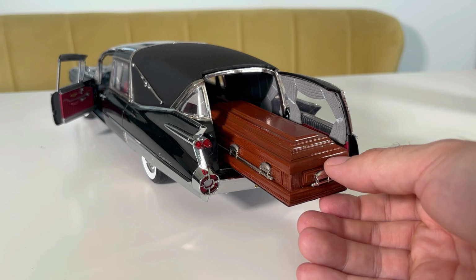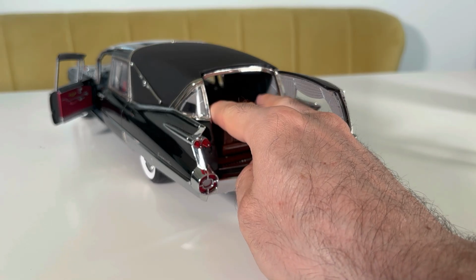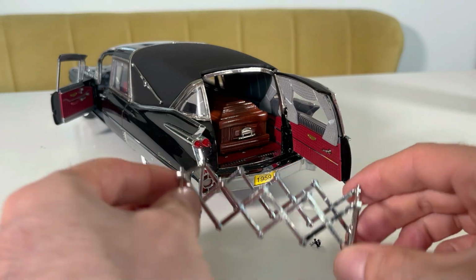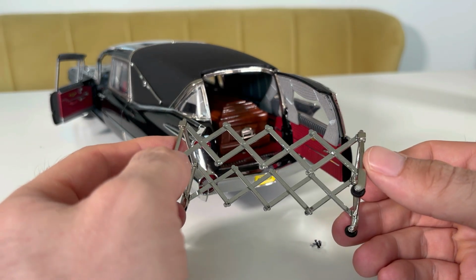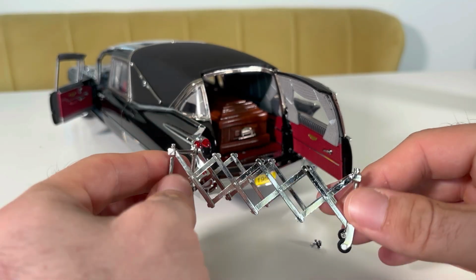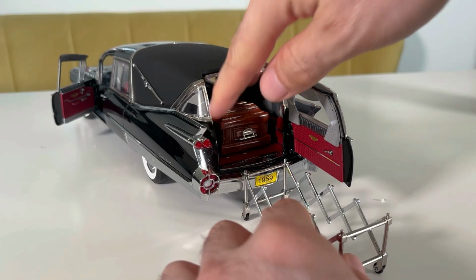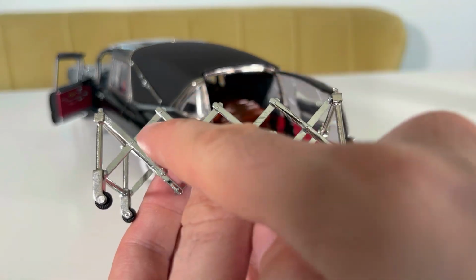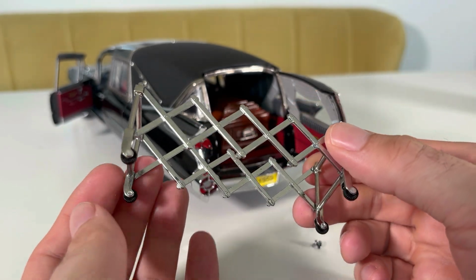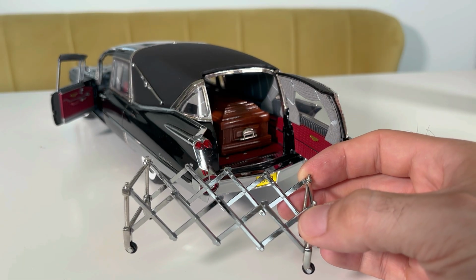So we give it there, and there's so much more space. The casket could be even much bigger, so we can then close it. It's a shame that we cannot really put this also in the car, to fold it somehow or collapse it and then put it just here. It's a shame, because now I see the logic. Maybe it would be too expensive to also produce this with miniature screws and make it work, but this is what we have. So probably I will keep this one in the box,